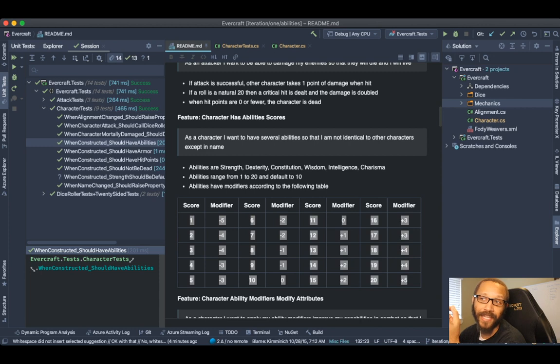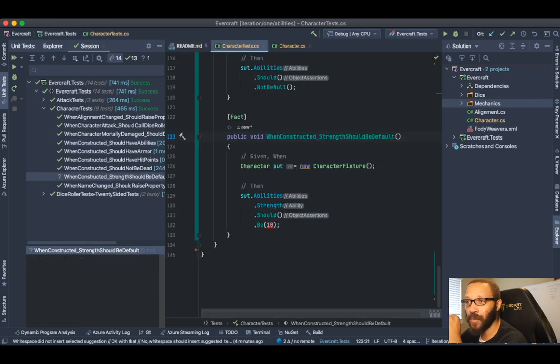And we could even add a test that verifies the range at some point, and we probably will. When we get into increasing, we need to prove that it can't go above 20. That's a thing we're going to have to pay attention to later. But strength should be default. So instead of testing the abilities class so that we have test coverage on just that class, now we're testing the requirement. We're testing the fact that when this object is constructed, the requirement states that the strength should be the default value. In my opinion, that's way more valuable of a test than testing just this class surface